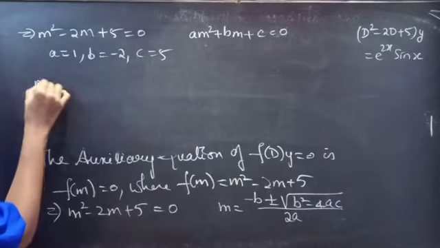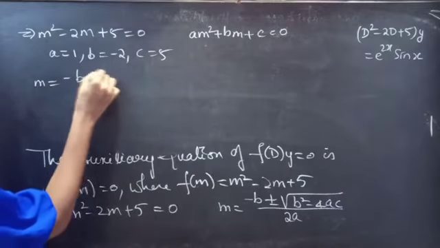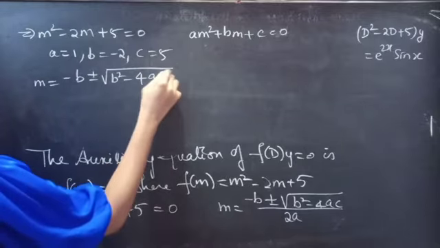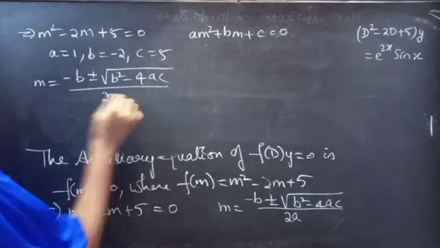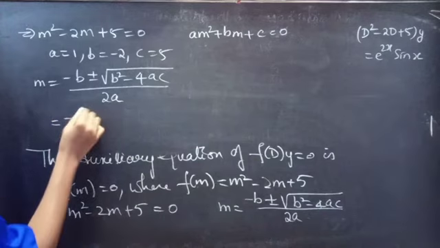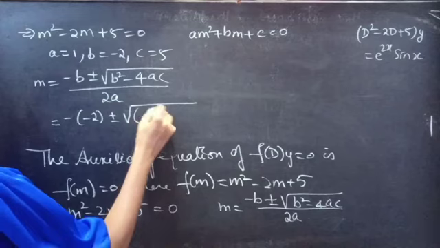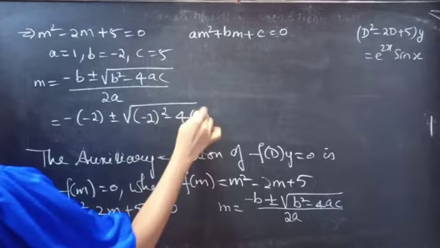Now let's find the roots using m = (−b ± √(b² − 4ac)) / 2a. This equals (−(−2) ± √((−2)² − 4ac)) / 2a,